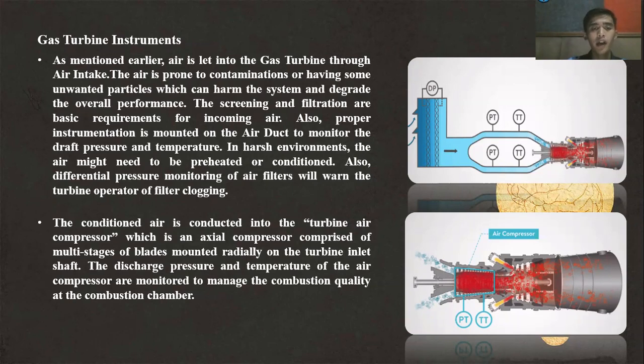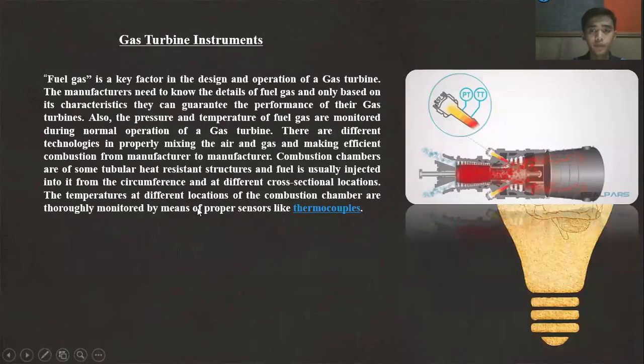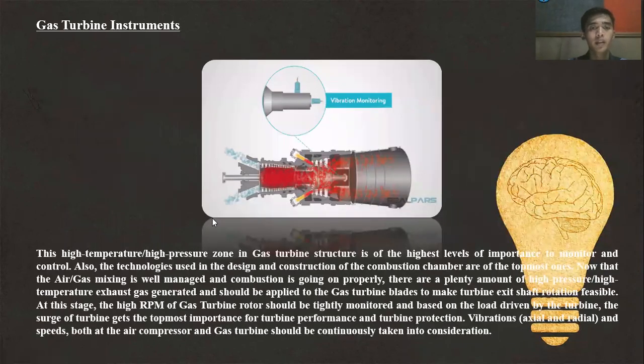Okay, the compressed air is delivered in the turbine by an air compressor, a multi-stage of blades mounted radially on the turbine inlet shaft. The discharge pressure and temperature of the compressor are monitored to manage combustion quality at the combustion chamber. Okay, picture of gas turbine. PT and TT are sensors like thermocouples. Okay, next, gas turbine instrument,